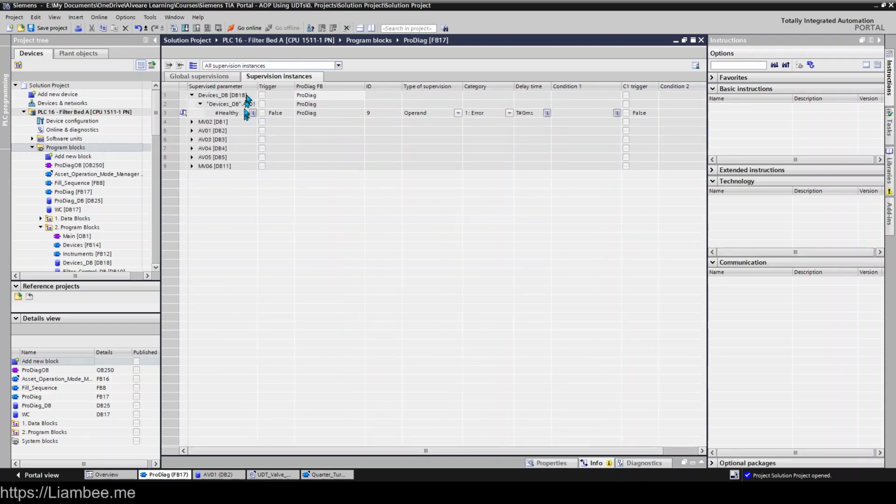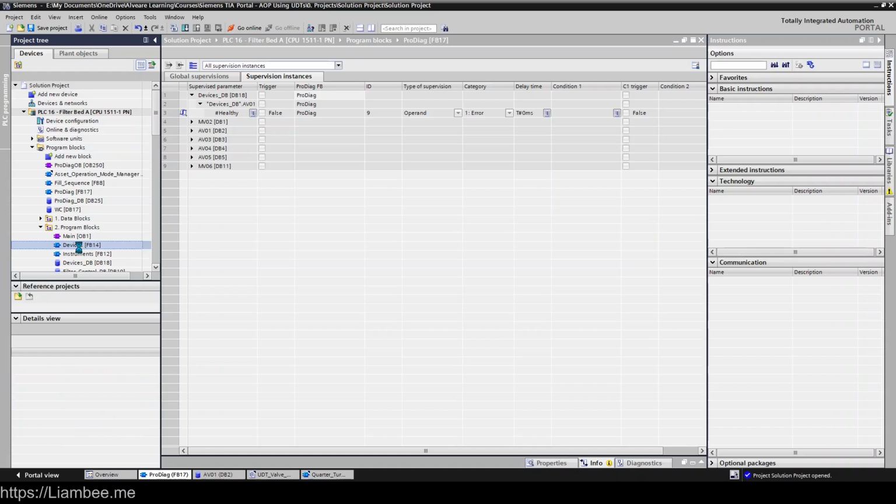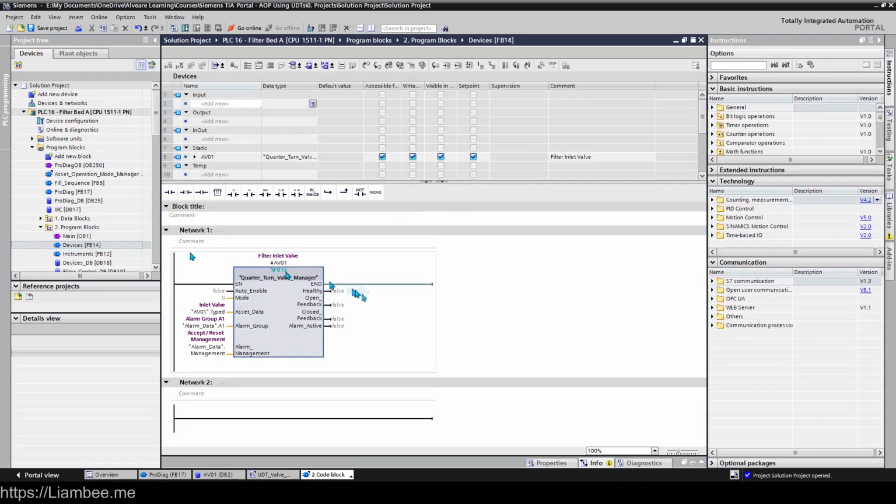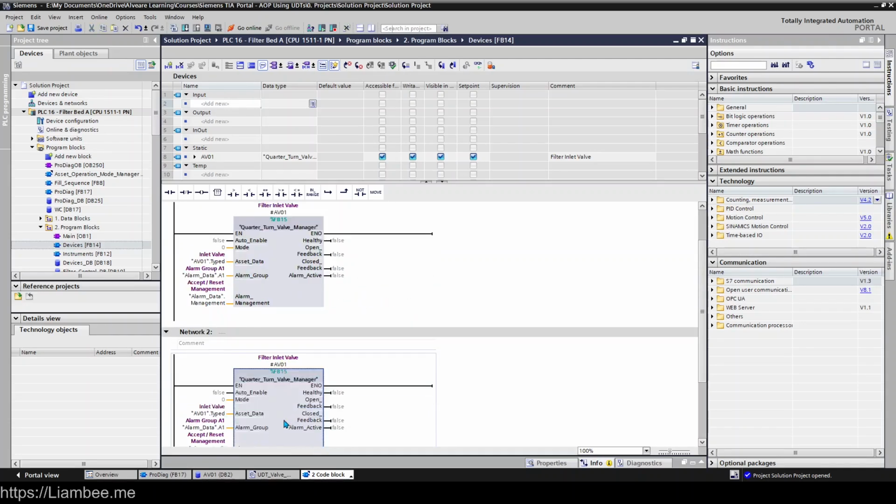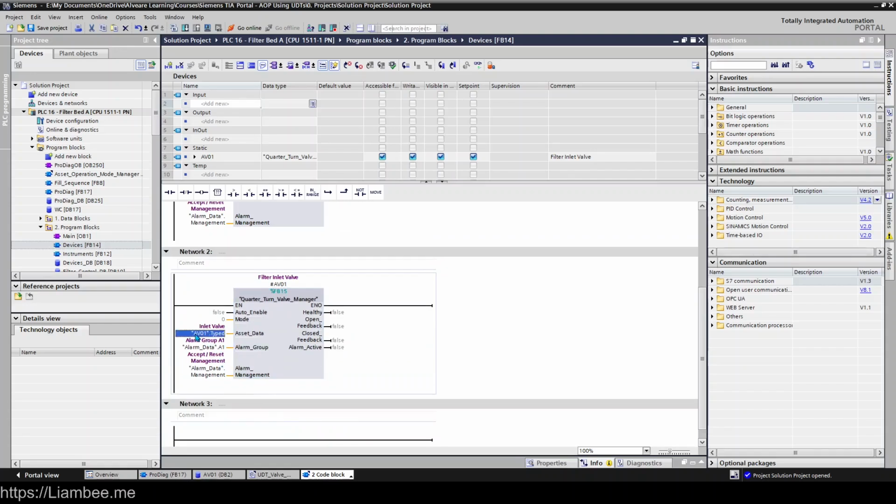But the reason we're only seeing one is because if we actually go and have a look at the devices function block, which is using the instance devices_DB, what we'll find is there's only one in here called AV01. But if I was to copy this and change it to AV02,